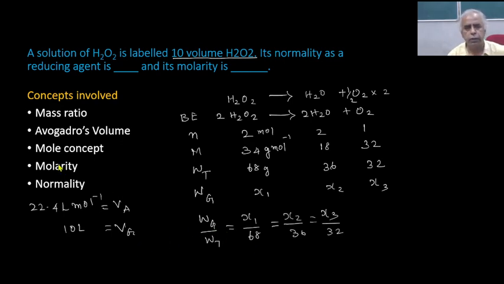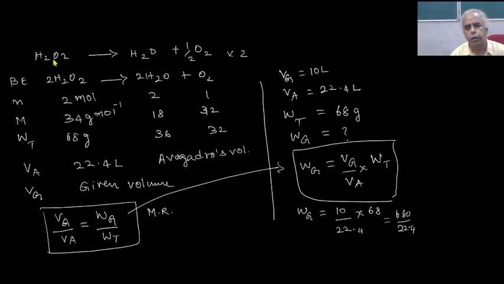So let me introduce this. I have rewritten here, H2O2 gives H2O, and we have arrived at the balanced equation here. Okay, balanced equation. Then 2 moles, just we write the number of moles of each molecule, each reactant and product. So 2 mole, that is molar coefficient of H2O2 is 2, and here 2 moles of water, here 1 mole of oxygen.